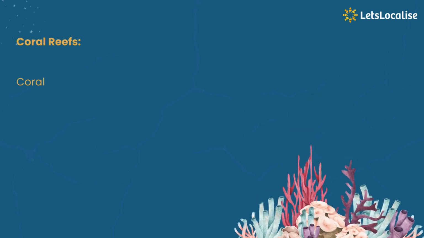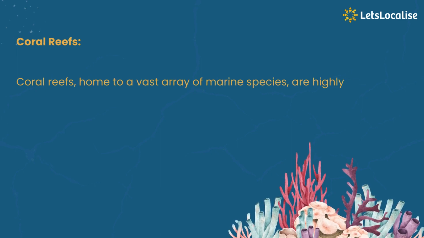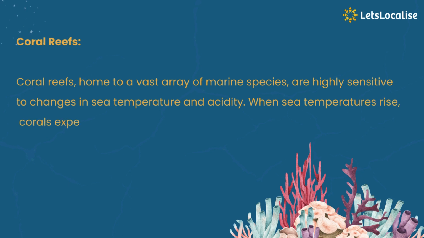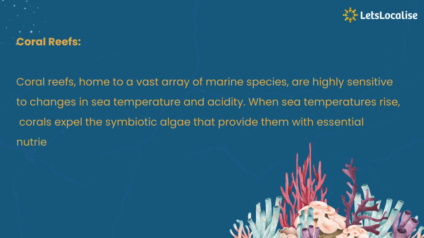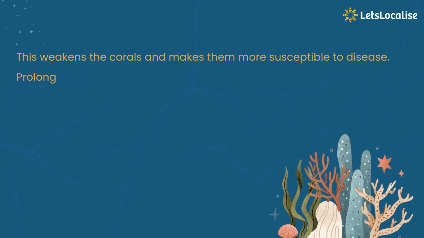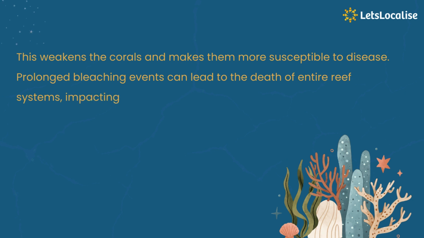Coral reefs. Coral reefs, home to a vast array of marine species, are highly sensitive to changes in sea temperature and acidity. When sea temperatures rise, coral expel the symbiotic algae that provide them with essential nutrients, a process known as coral bleaching. This weakens the corals and makes them more susceptible to disease. Prolonged bleaching events can lead to the death of entire reef systems, impacting countless species that rely on them for